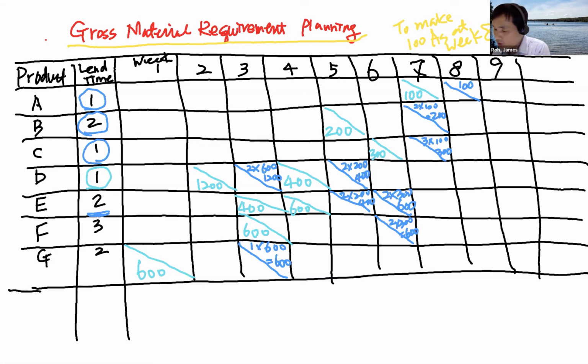But now we can say, in real situation, at week 9, we have 200 A's, then what is going to happen? And you have to fill everything out. And then at week 10, you have 300 A's you need to make, and so forth. Then your table is going to be a lot more complicated, and you need to carefully calculate, otherwise the production schedule will be